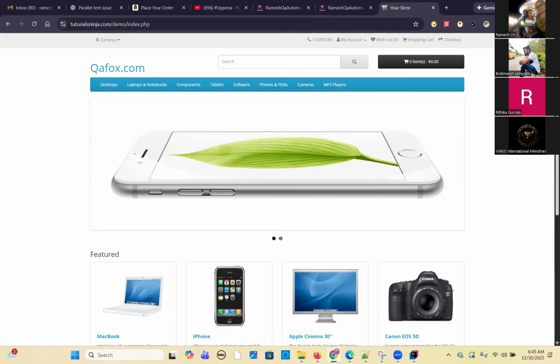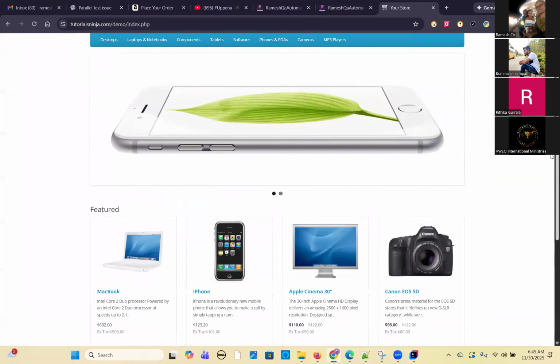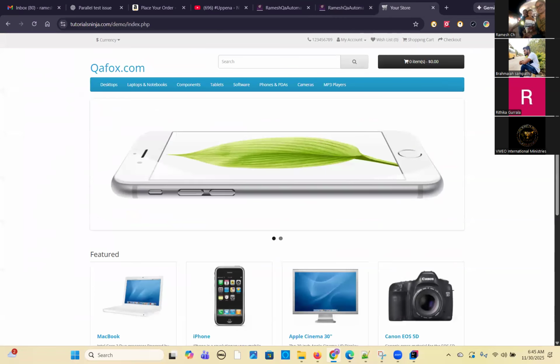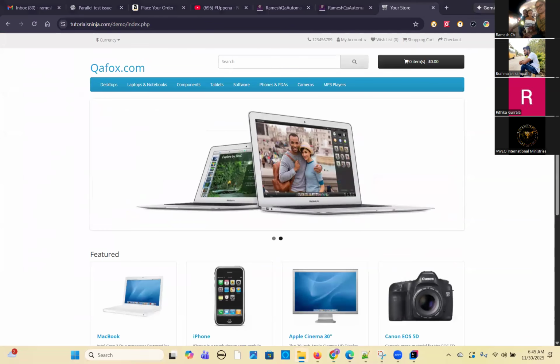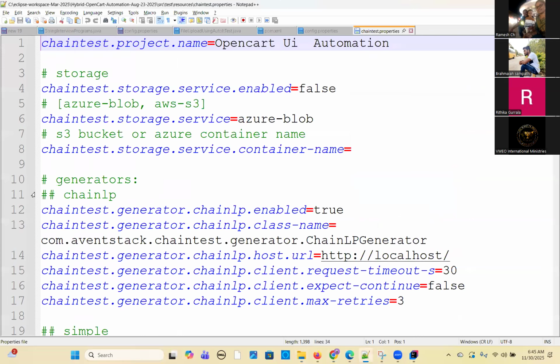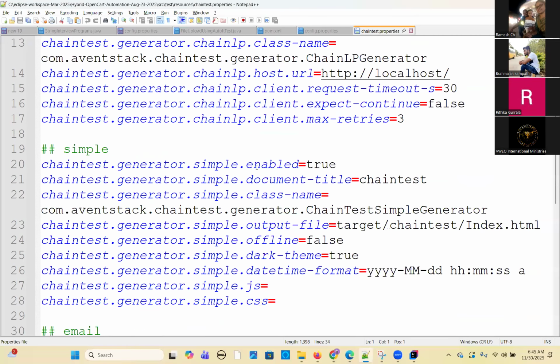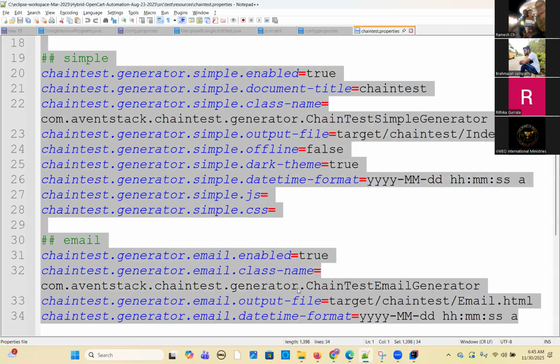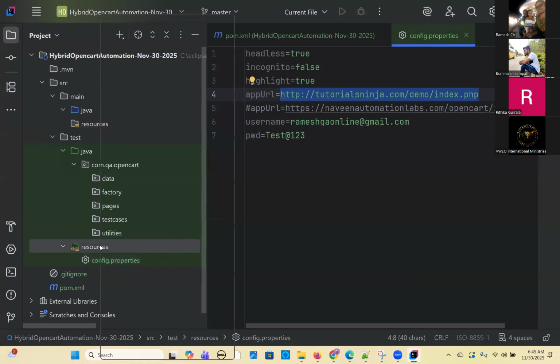For your automation purpose, you can use this website. Okay, that is the one. Next we have, for reporting purposes, the ChainTest .properties. This is all the ChainTest reporting. You don't need to do anything here, it automatically takes care of your reporting. Just copy paste this entire thing. So just create a new